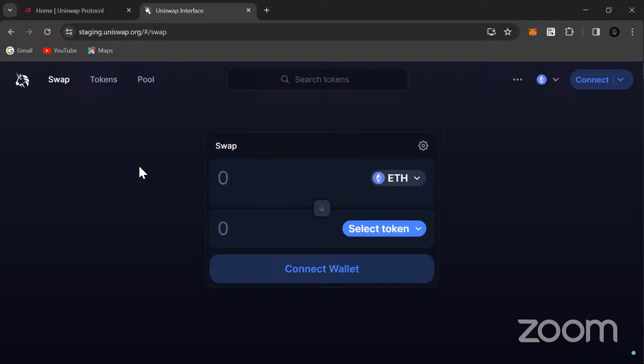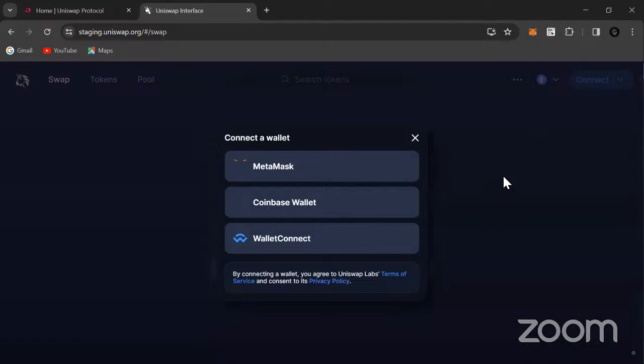I hope you guys can see my screen here. Someone confirmed that. So this is the staging, this is the Uniswap interface. You have to connect your wallet, input the token you want to swap, and select the token you want to swap it for. Then you wait for the blockchain to confirm, and voila. So let's first connect our wallet, MetaMask.